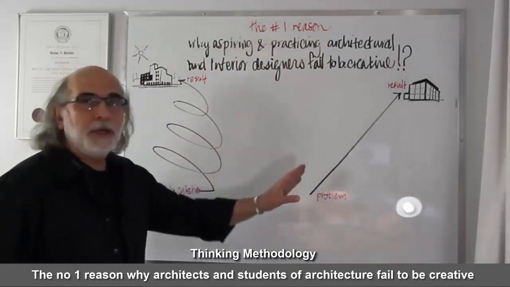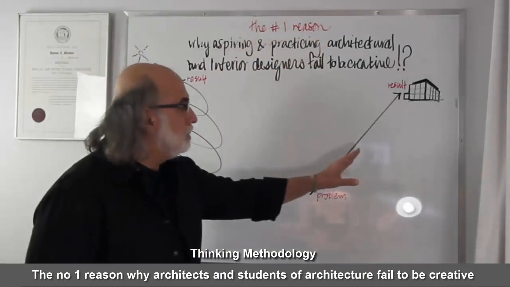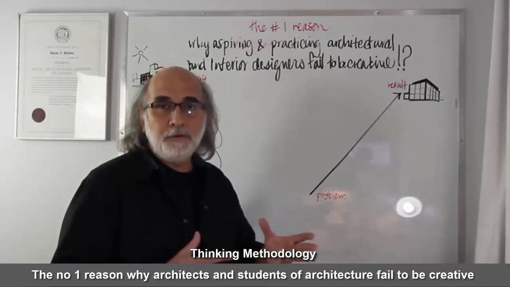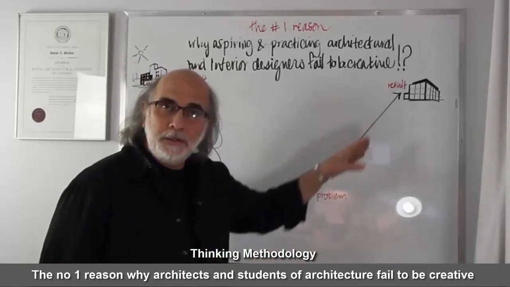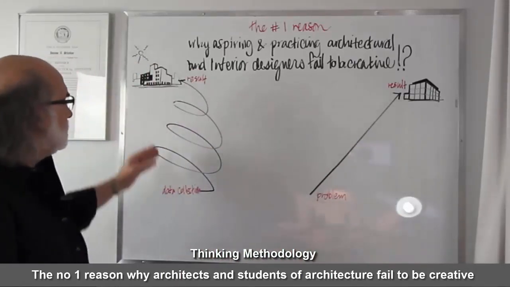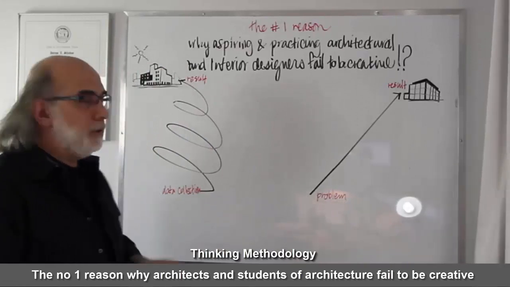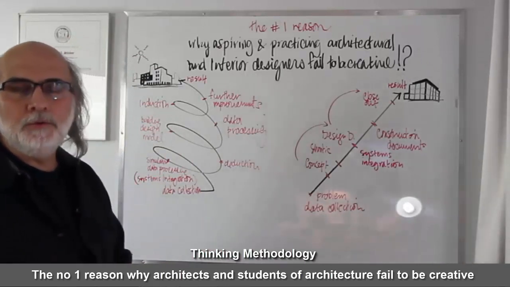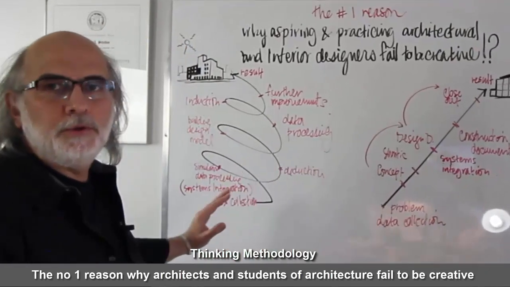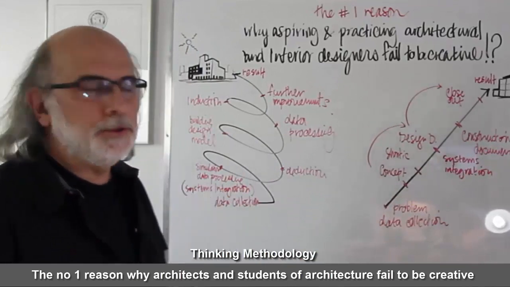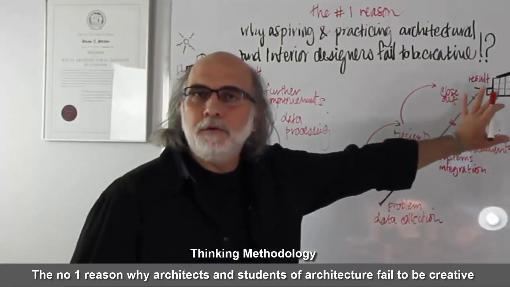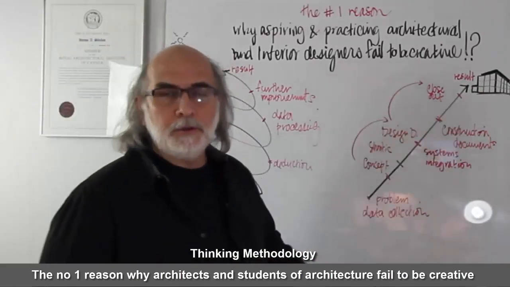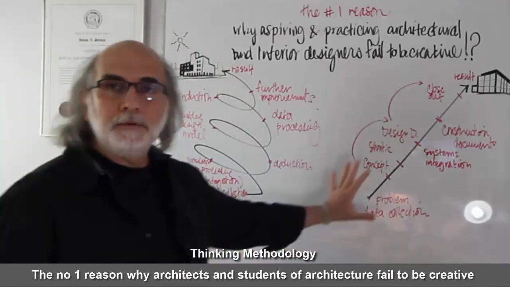Here are two sketches that describe the extremes of each of these methods of thinking, or thinking methodology. This is the linear method of thinking, and this is the spiral method of thinking, or the interactive. As you can see in this sketch, I'm trying to visualize the two extremes of the thinking methodology. The first one being the linear, the mechanical, if you want to say the logical, or the Newtonian.